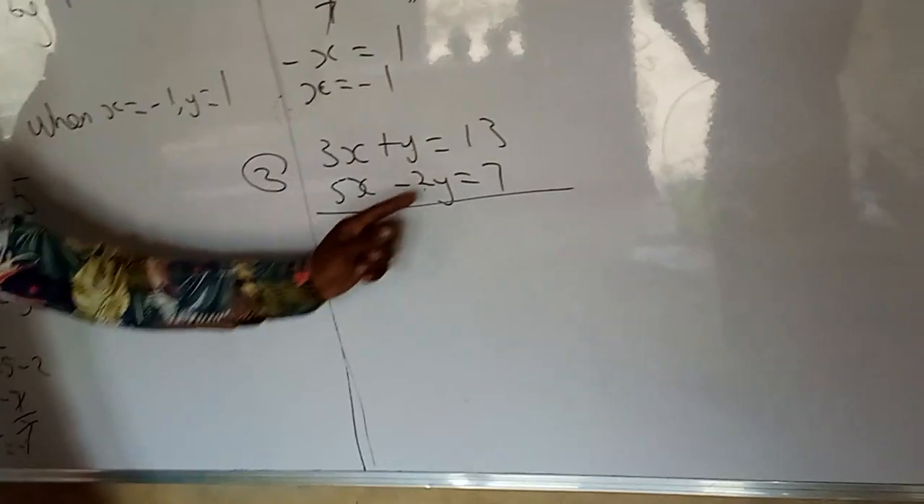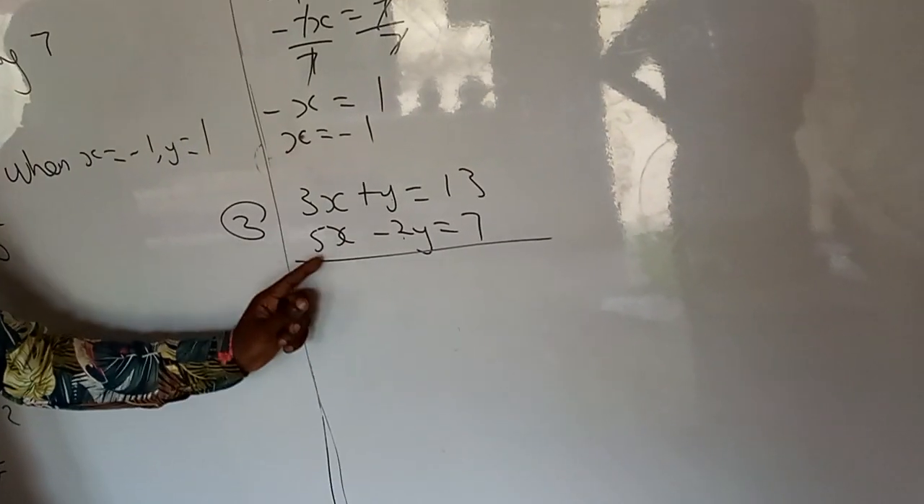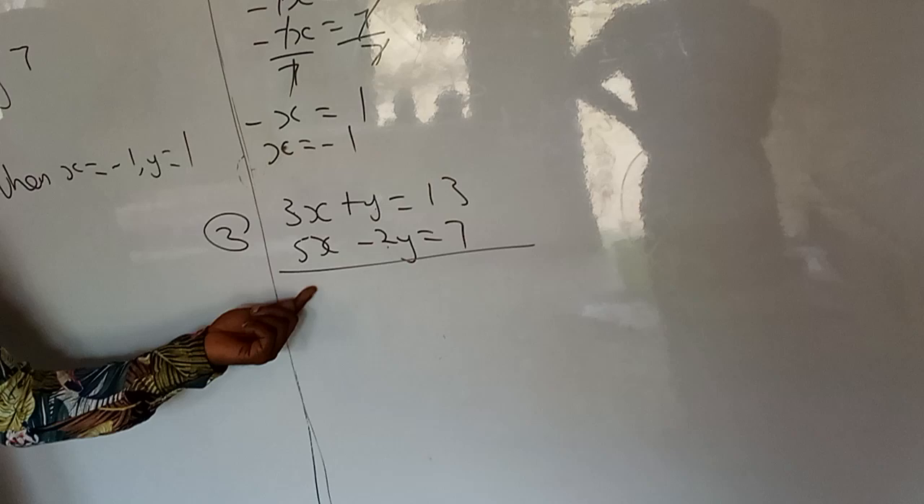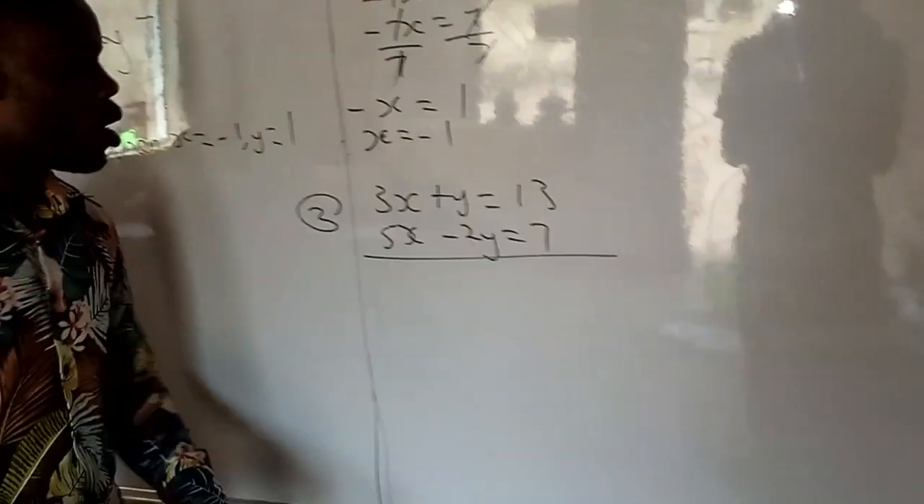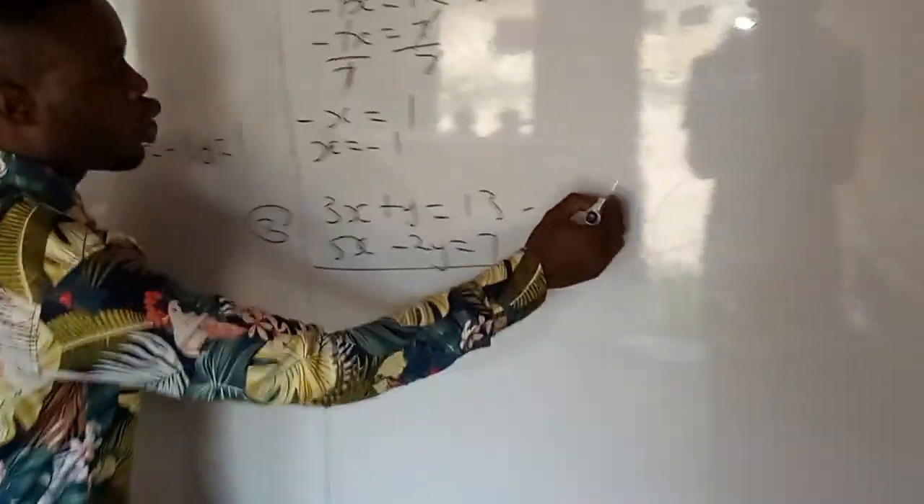None of this corresponds. Now, if we have 3 here, we can cancel this, but we have 3 and 5, so it's not possible for us to cancel. We have y and 2y, so it's not possible for us to cancel. So the best way is for you to do this. This is equation 1,